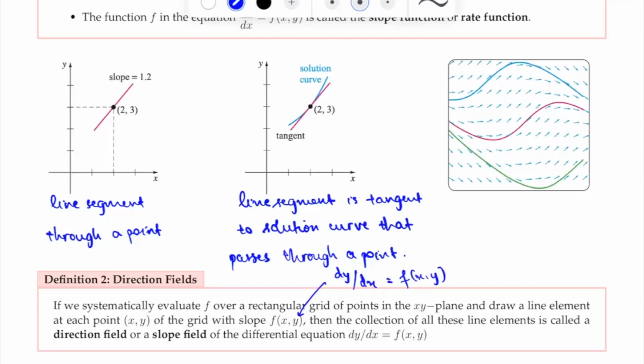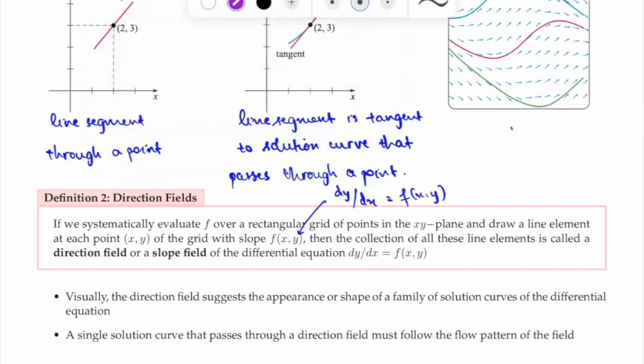So the graph of this direction field is very simple, similar to how you graph an equation of a line or how you graph an equation of a parabola. You make a table, right? On one side, let's say you want to graph the equation y equal to x. What you normally do is you make a table. On one side, you have x, which is the independent variable. The other side, you have y, which is the dependent variable. And then you just plug in some random points, and then plot the graph of the line y equal to x. Similar to that, when you have a differential equation, you also make a table where you plug in some random numbers, and then depending on the value of x and y, you have a different value for dy dx. For example,